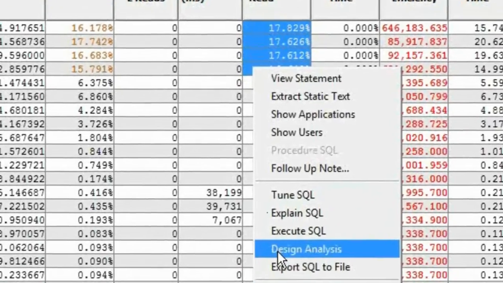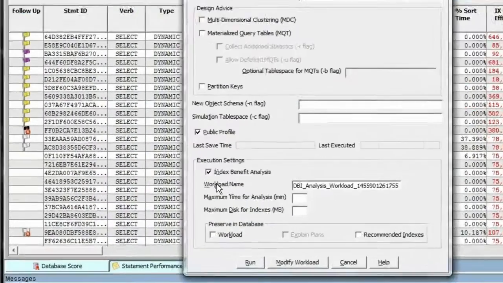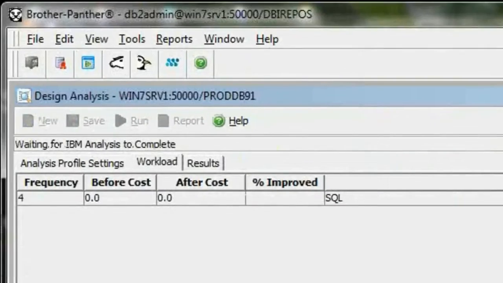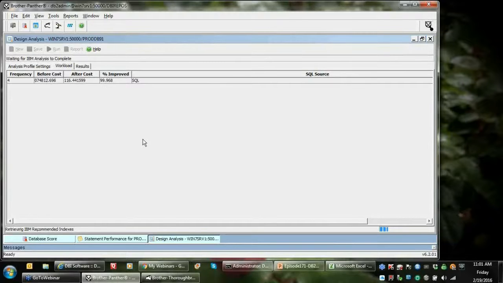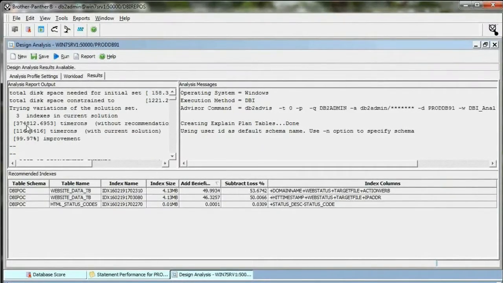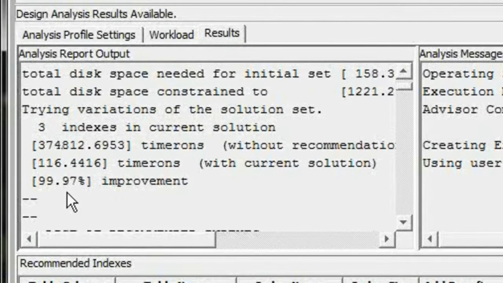I can pass those as a workload to the design advisor and apply DBI's advanced index benefit analysis methodology. So here's an I/O bound database, 2/3 of all the I/O in 4 statements. We're waiting for the answer here. Oh, outstanding. And we can see we're going to get from 374,000 timerons down to 116 for a